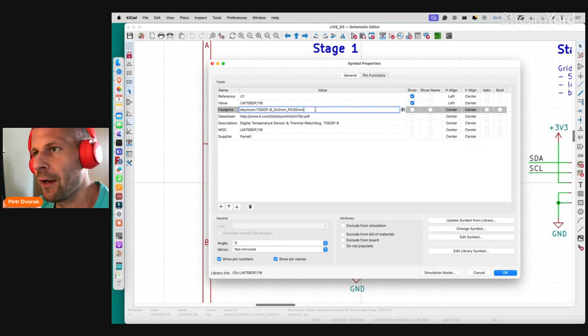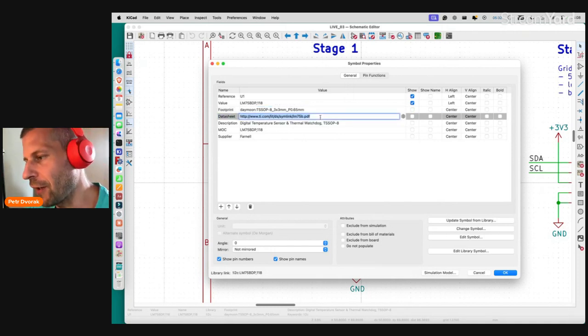For instance, all my footprints contain 3D models in STEP format. Standard format is VRML. I change all the 3D model links to be linked to the STEP files, and if there is no STEP file in the KiCAD installation, I first try to download my own 3D models. If not, I can create very simple ones. But all my footprints have 3D models. It's a must. Datasheet. It's very handy because